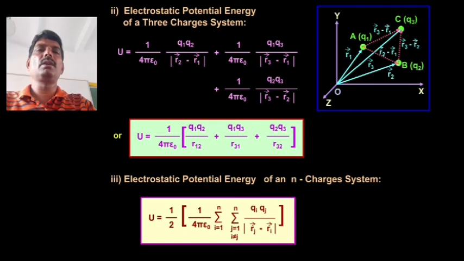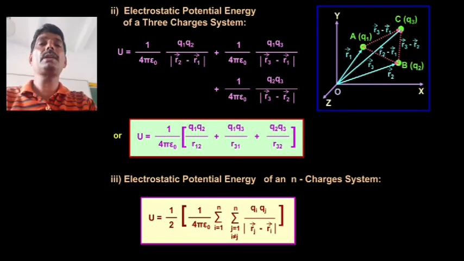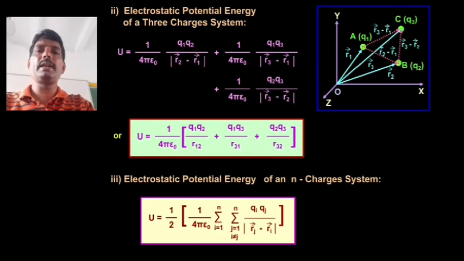So dear friends, remember the concept of the electric potential due to a single charge, that is V is equal to 1 upon 4 pi epsilon naught Q upon R, that is, V is inversely proportional to R. In case of electric field, we have studied that E is equal to 1 upon 4 pi epsilon naught Q upon R square, where the electric field is inversely proportional to R square.